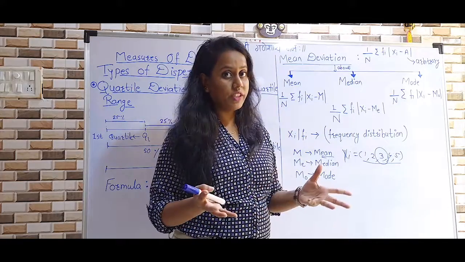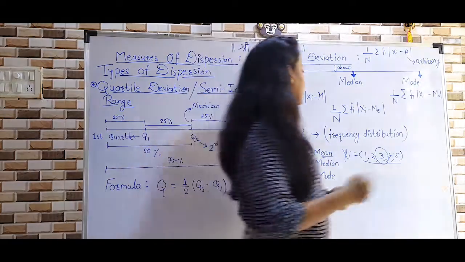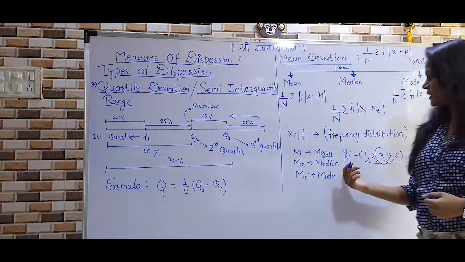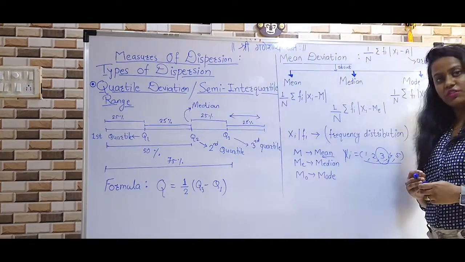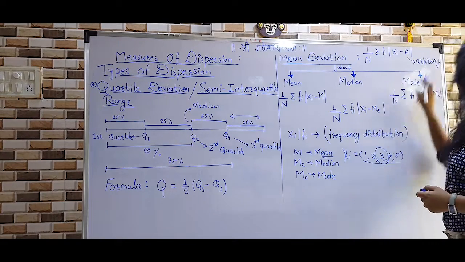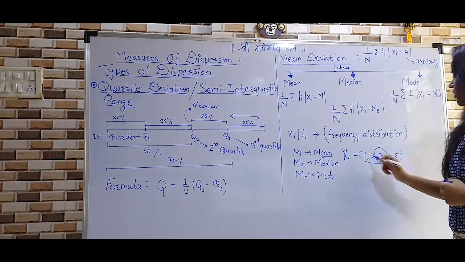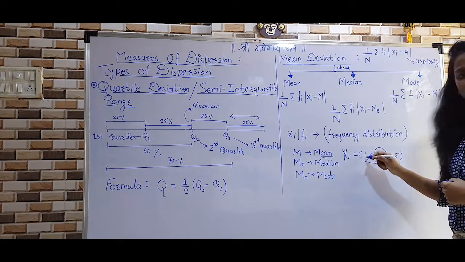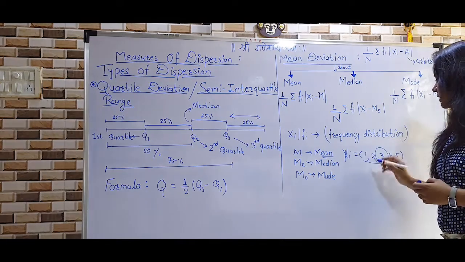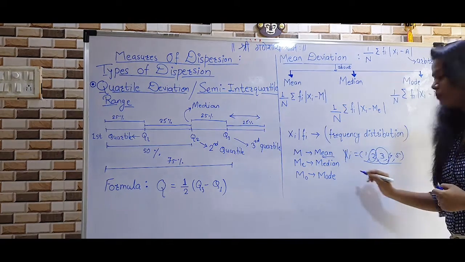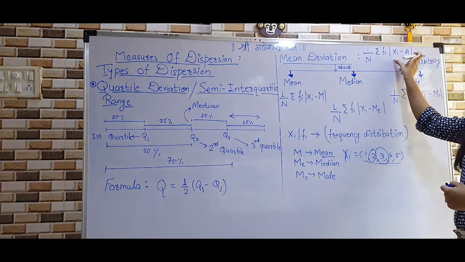So can we? Of course not. Again, why can we not say that? Because here let us consider our xi values are 1, 2, 3, 4 and 5. Now here a means what? A is our arbitrary number, so here we can take any one. We can take 1, 2, 3, 4 or 5. So let me take the number 2. If I am taking the arbitrary number 2, what will this part be?